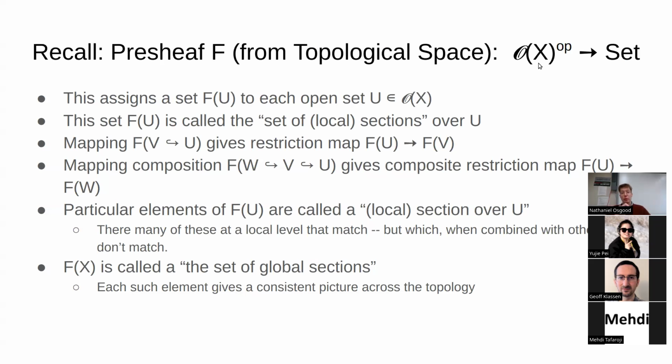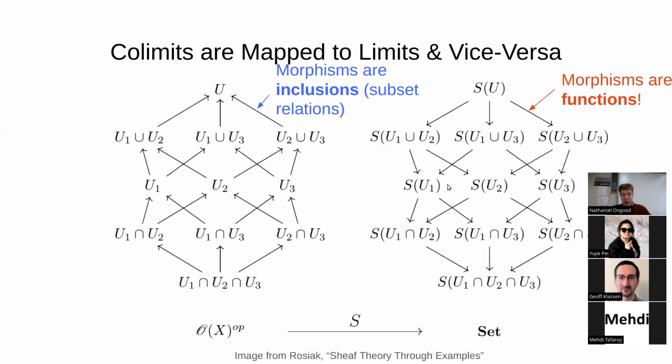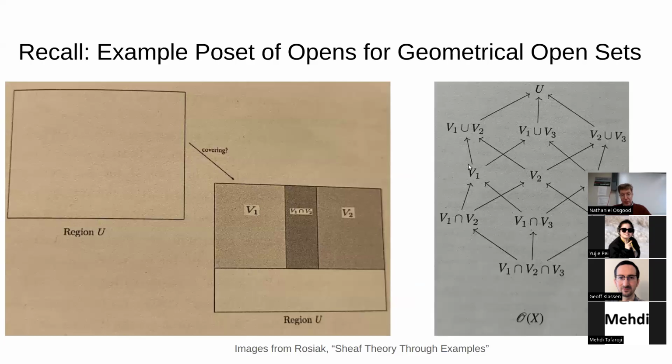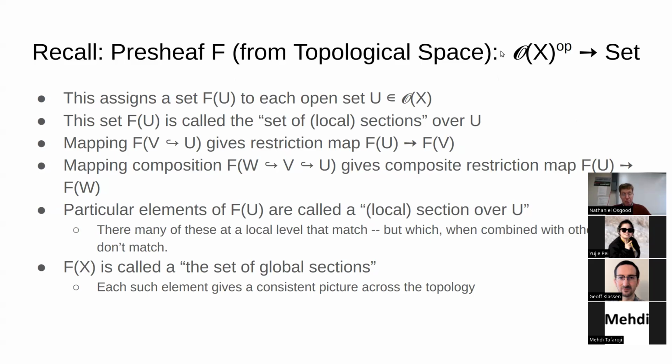Inclusions. So it looks something like this, where this set is included in this other set. Remember that? This set is included in this other set. That's the category we're dealing with here. This category Set is a category with sets as objects and what as morphisms? In Set, what are the morphisms? Functions. That's right. Okay, so if we have a pre-sheaf from